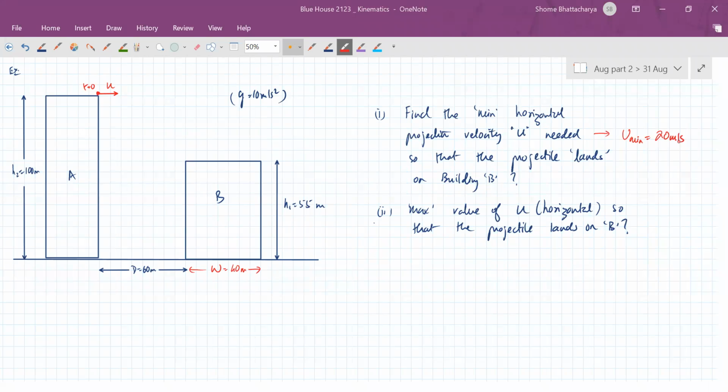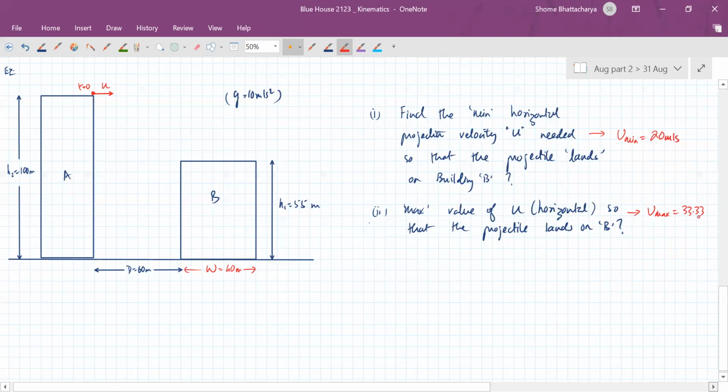The maximum is also correct for you, Soham. Jinendra, Vedant, Soham, Jitesh. Yes, all your answers are correct. Okay, so u maximum will come out to be 100 by 3 or